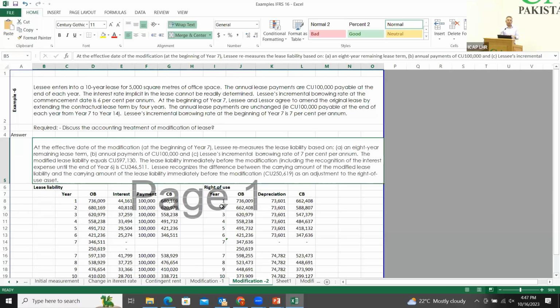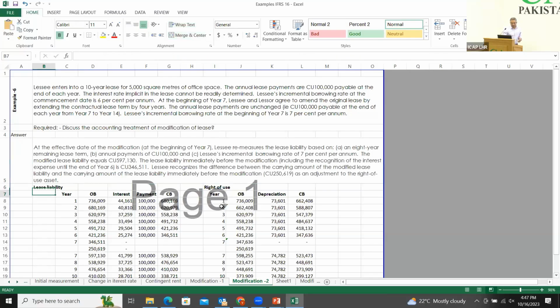So you will calculate the present value of remaining lease payments at a new discount rate, compare with the carrying value of the lease liability. The difference will be adjusted with the right of use and the lease liability. There will be no additional accounting. Next, at the modification date, the new discount rate is 7% per annum. At the effective date of modification, at the beginning of year 7, lessee remeasures the lease liability based on